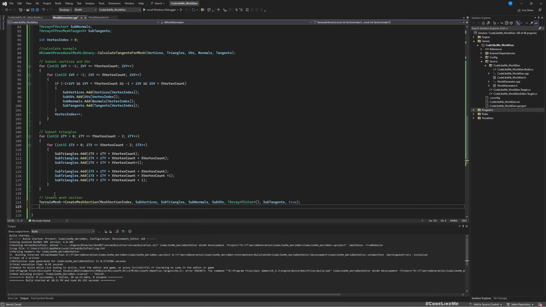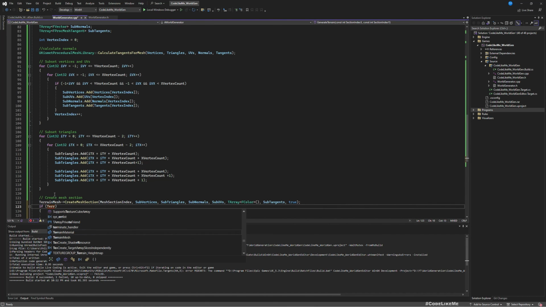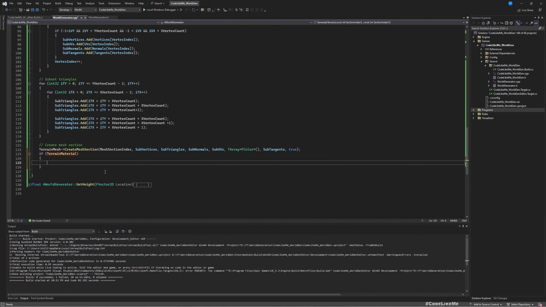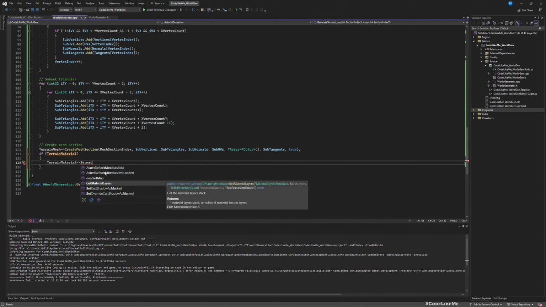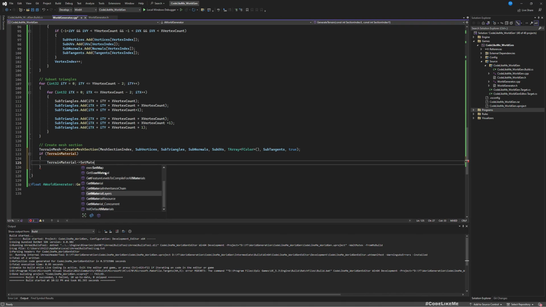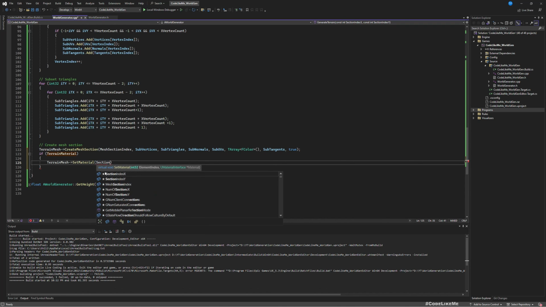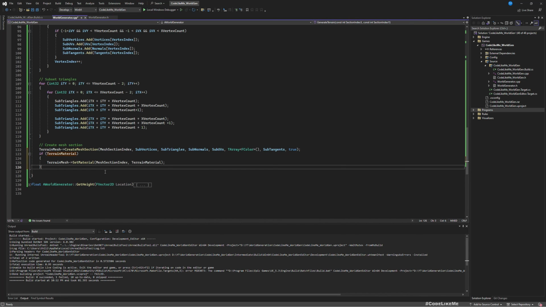Okay, and then if we have a material, terrain material, if we have assigned a valid material here, terrain material, not terrain material, terrain mesh, set material, index is section index, mesh section index, and material is terrain material. And finally, mesh section index should be incremented so that we can add the next one. Alright, so that's all